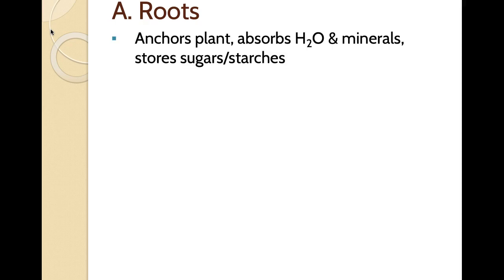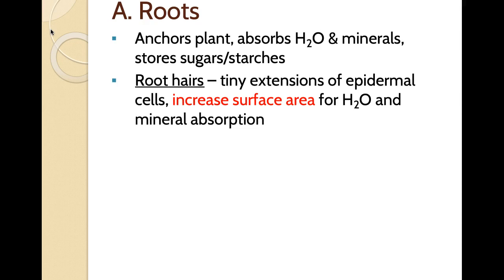The first organ system that we're going to talk about in plants is the root organ system. The purpose of the root system is to anchor the plant, absorb lots of water and minerals, and store sugar, starches, and carbohydrates. The root system also occasionally has root hairs. Root hairs are tiny, finger-like extensions of the epidermal cells, which greatly increase the surface area